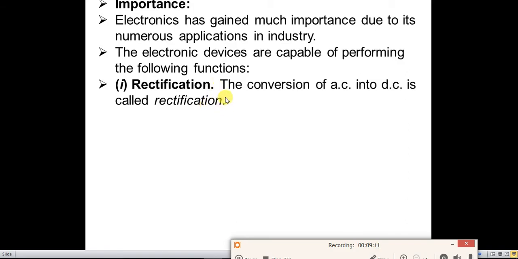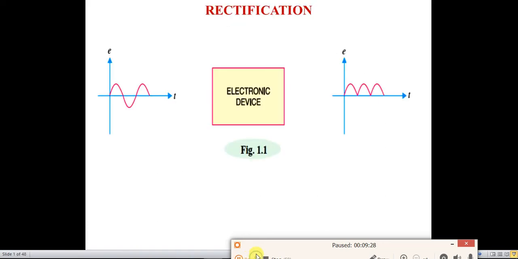So what is rectification? Rectification is the conversion of AC into DC. What is AC? AC is alternating current and DC is direct current. We will see the waveforms. How is AC? How is DC? So in this diagram, you can see this is an AC waveform. This is a sinusoidal waveform, AC, alternating, positive half cycle, this is negative half cycle, positive half cycle and negative,